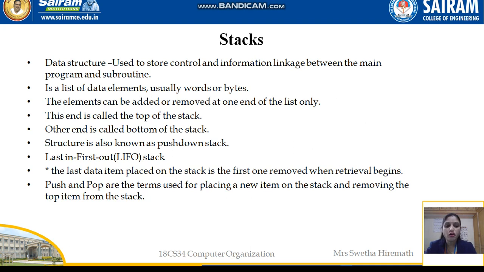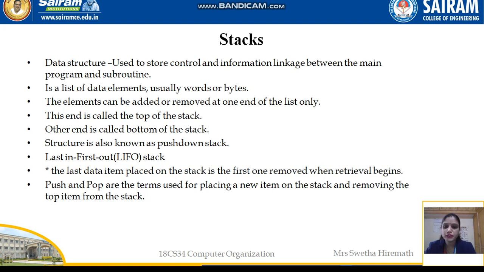Stack is also one of the forms of a list, like a linked list. Here we add or delete data only through one end. That end is used to either remove or enter data inside the stack, and it is called the top of the stack. The other end is called the bottom of the stack. So there are two ends in the stack, the top end and the bottom end, and only with the top end do we add or remove elements from the stack.